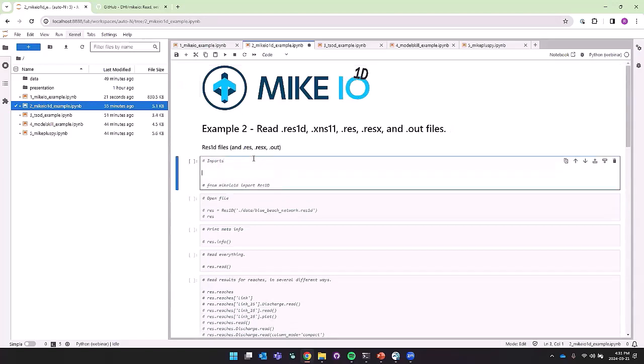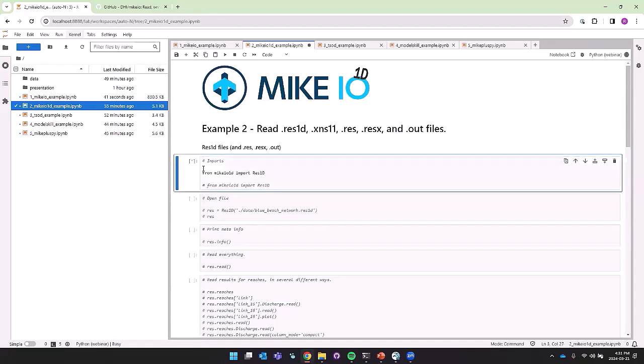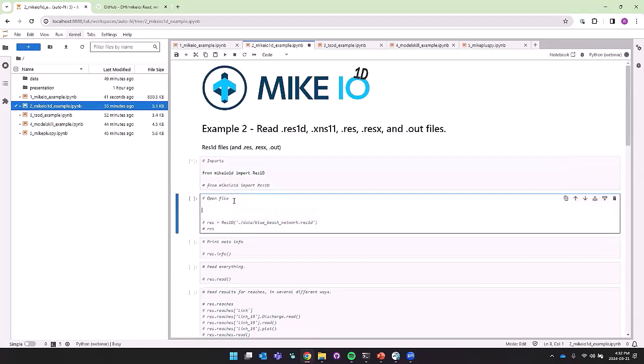And the way we do it is first, we have to import it. There's different ways to import things. You can either say import mikeio1d, or you can say from mikeio1d, import these specific things that I want. And here I want the ability to work with res1d files first. So I import that.